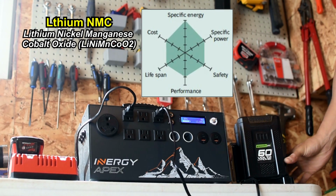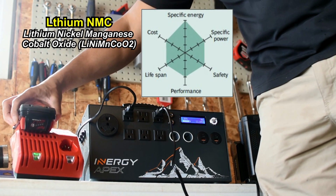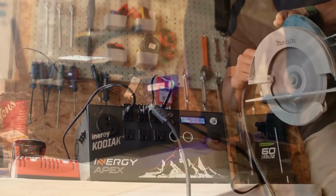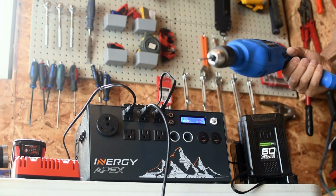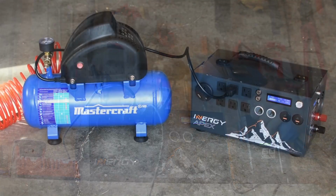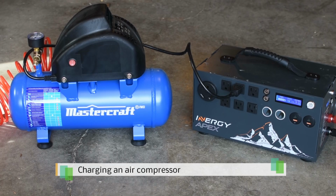Yes, it's a mouthful. In terms of the various types of lithium battery, these have the best overall balance of cost, lifespan, performance, safety, power output, density, that sort of thing. And this is why they're the choice for most electric vehicles on the market today. You still will be able to use the battery if you do use up those 2000 recharge cycles, albeit at